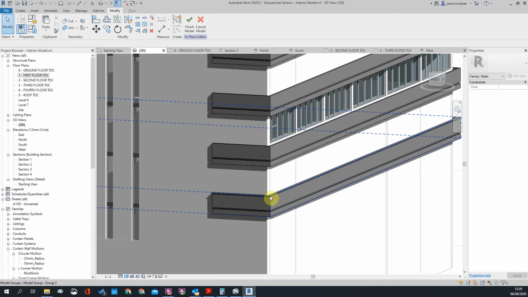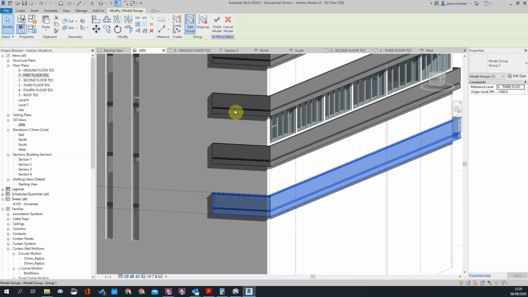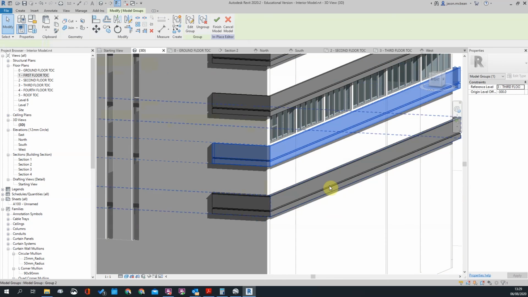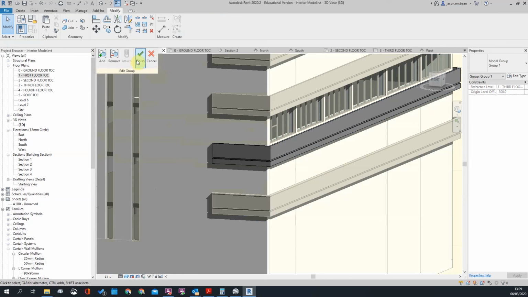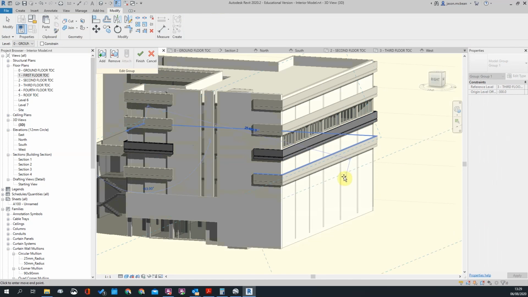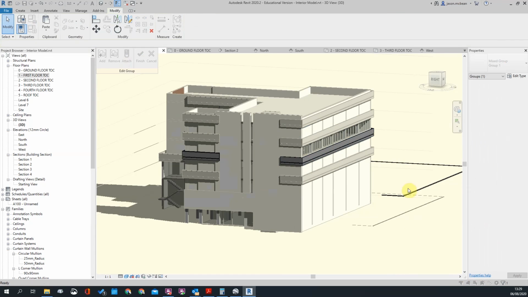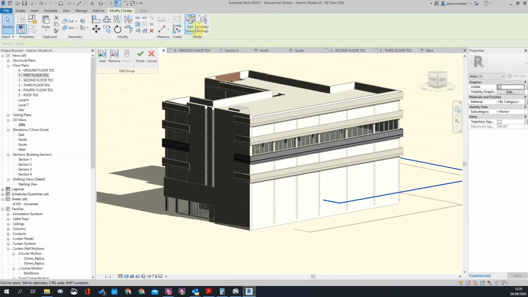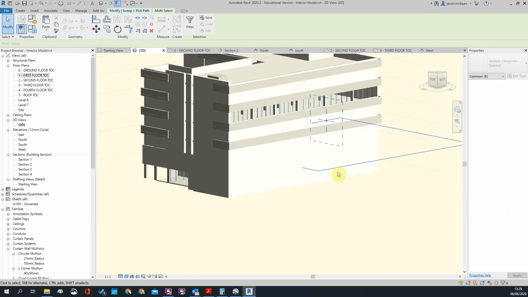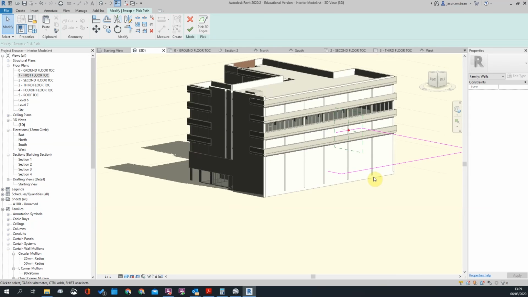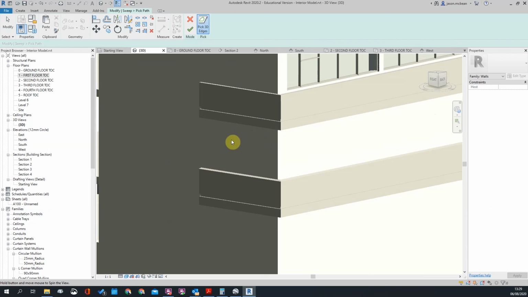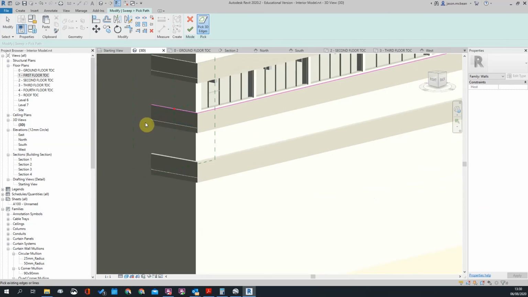So what I'm going to do in this one, I'm going to go and edit group. I'm going to Control C, go to this group, edit, finished, edit group, paste. Okay, so this one I'm going to go and say edit sweep, pick path. So what I'm going to do here is delete all of these, and I'm going to pick just one more new path. The bottom one I've got already. So there, there,